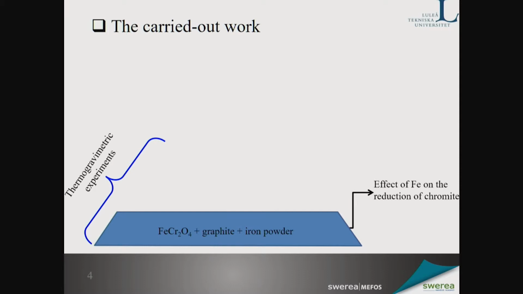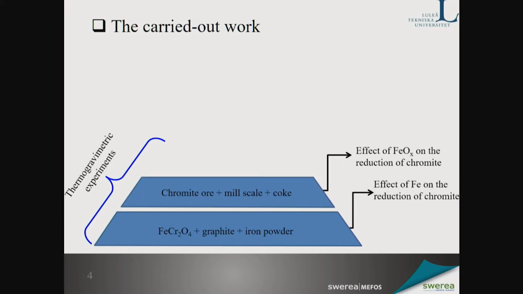So we have proposed to use the mill scale, a kind of byproduct from the hot metal working process, to replace the iron powder. And in this study, I investigated the effect of mill scale on the carbothermic reduction of